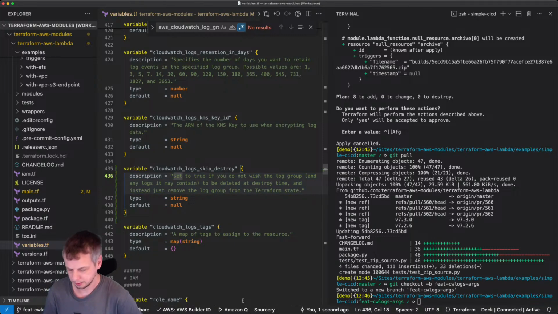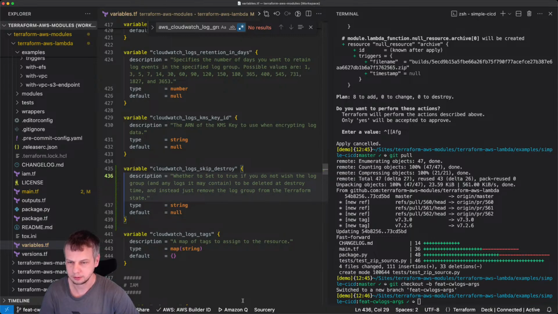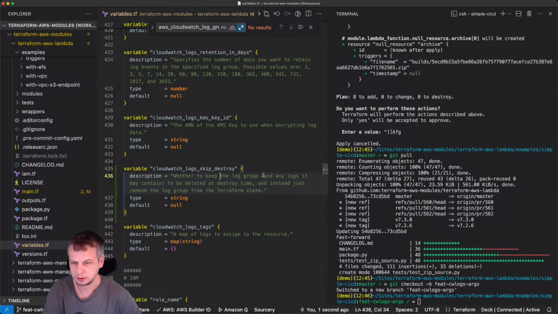Whether to keep the log group at destroy time.